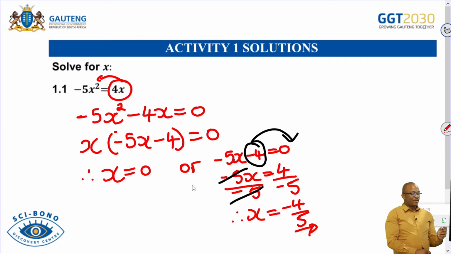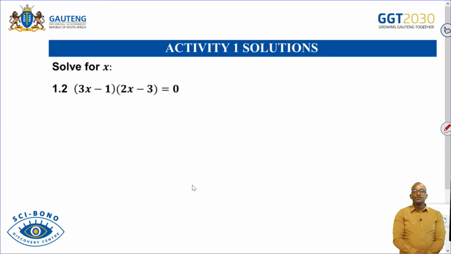Moving forward, we're looking at question 1.2. Looking at this question, learners, remember they said your equation must be equal to 0. But now our equation is given in the form of 2 factors inside brackets. If you have factors inside the brackets and your equation is equal to 0, it means already this